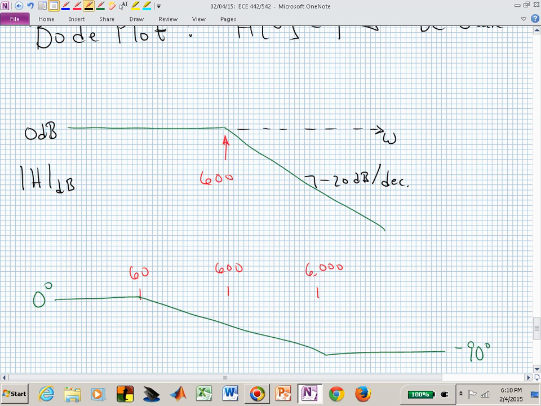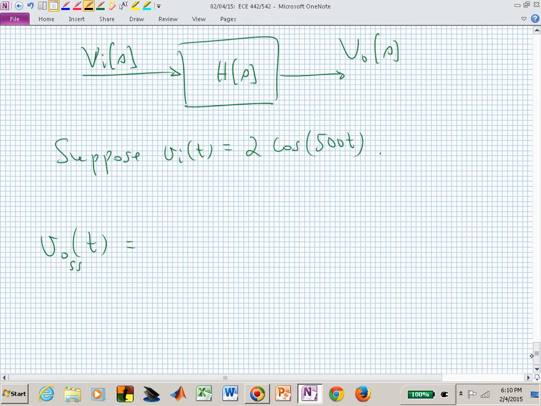If you sketch this Bode plot, you now know there's 500, and 500 is right here. This at 600 is minus 45 degrees. And in our straight line plot, we would know that the magnitude hasn't decreased at 500. In reality, it is rolling off because it's going to be down minus 3 dB right at 600 in reality. Meaning this guy is going to be 2 times the magnitude of H of j500